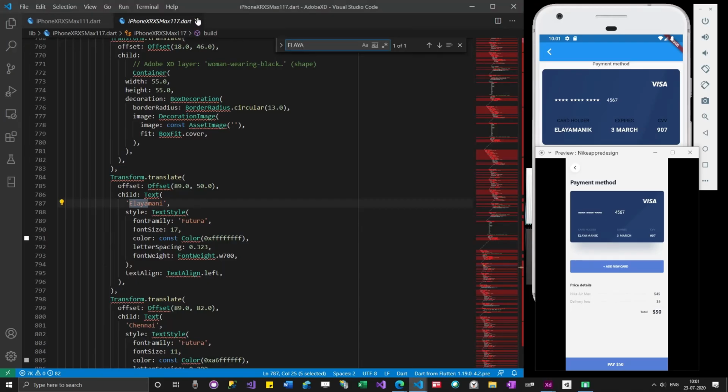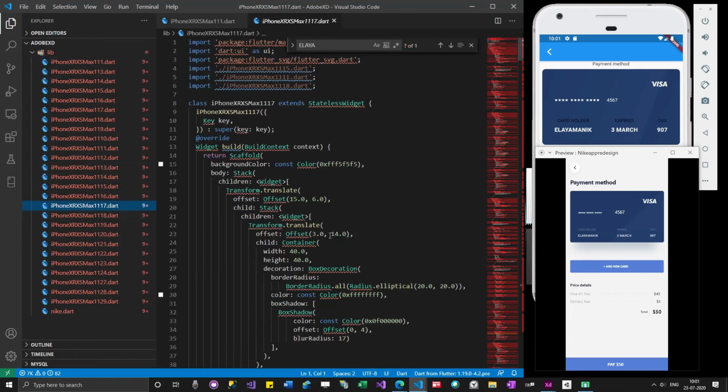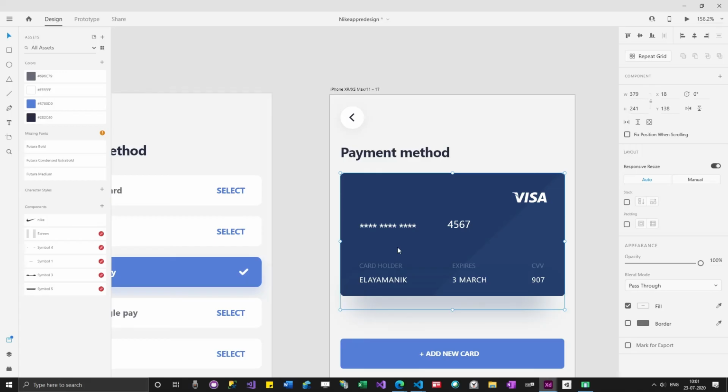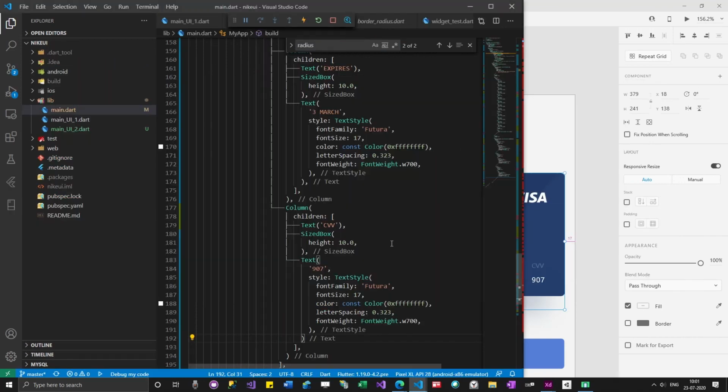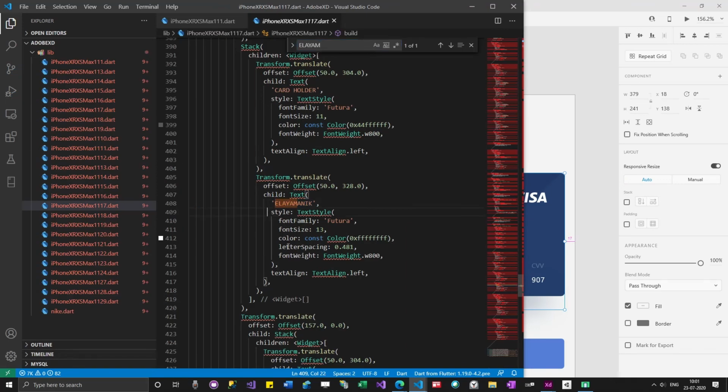Okay, we are checking 11.7. So this is the text style.